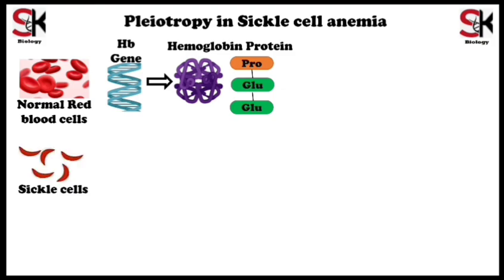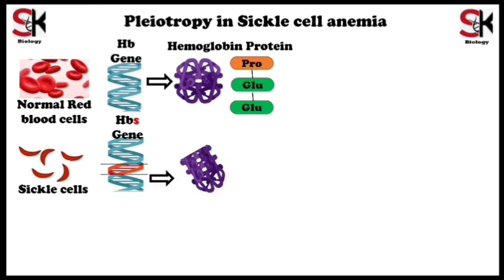In the case of sickle cell anemia, RBCs change shape to a sickle form. This change is due to a defect in the hemoglobin gene, where normal hemoglobin is converted to sickle cell hemoglobin, that is, HB is converted to HBS. The defect is due to a mutation of the hemoglobin gene. In the sickle cell condition, the produced hemoglobin protein is defective. This defect is because of a change of the second glutamate amino acid to valine amino acid.